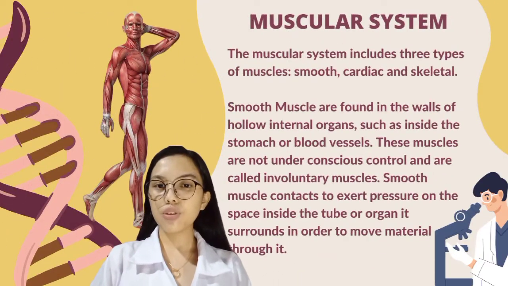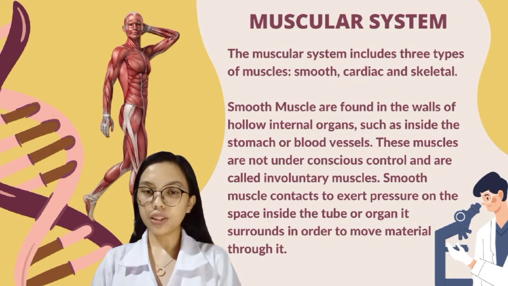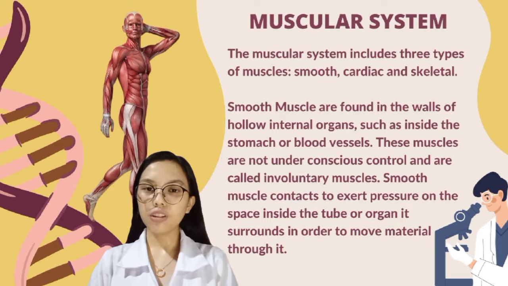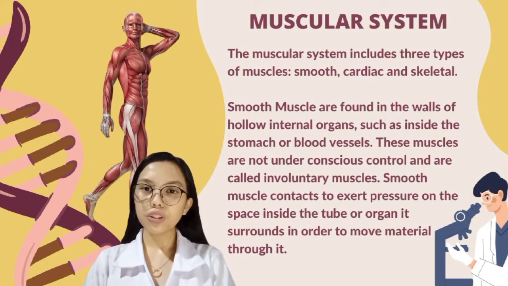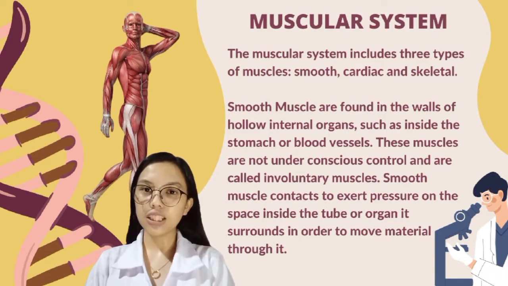Next is the muscular system. This includes three types of muscles: smooth, cardiac, and skeletal. Smooth muscles are found in the walls of hollow internal organs such as inside the stomach or blood vessels. These muscles are not under conscious control and are called involuntary muscles. Smooth muscle contracts to exert pressure on the space inside the tube or organ it surrounds in order to move